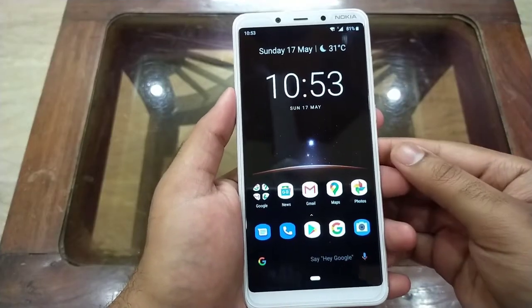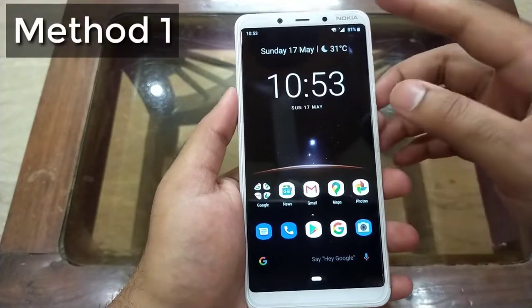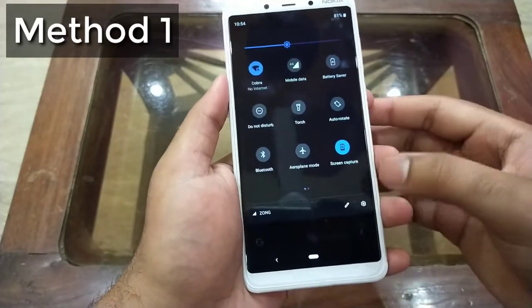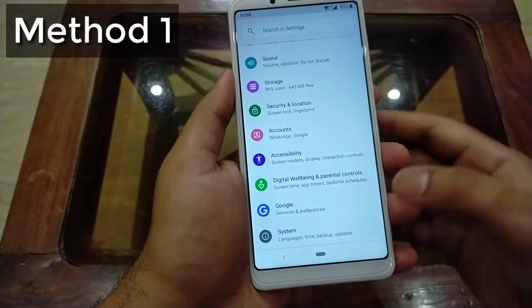And guys, let's get started. So in first step we will do some advanced settings which are available on any Android device which can make your device faster. So first of all, go to settings and scroll down to the bottom until you see the